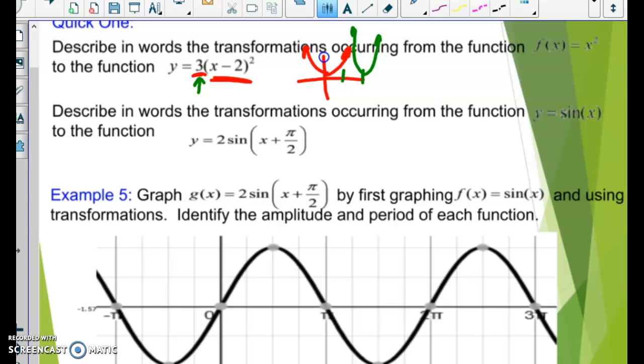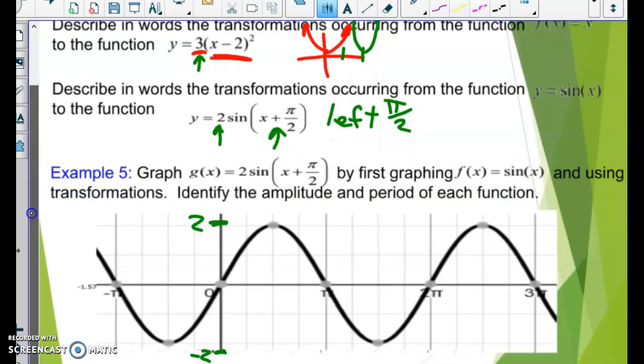Same thing is true with the trig. This just means my amplitude is going to go up to 2 and down to -2 because we have no shift up and down yet. And we also have a shift to the left of pi over 2. So if I look at pi over 2, which is going to be